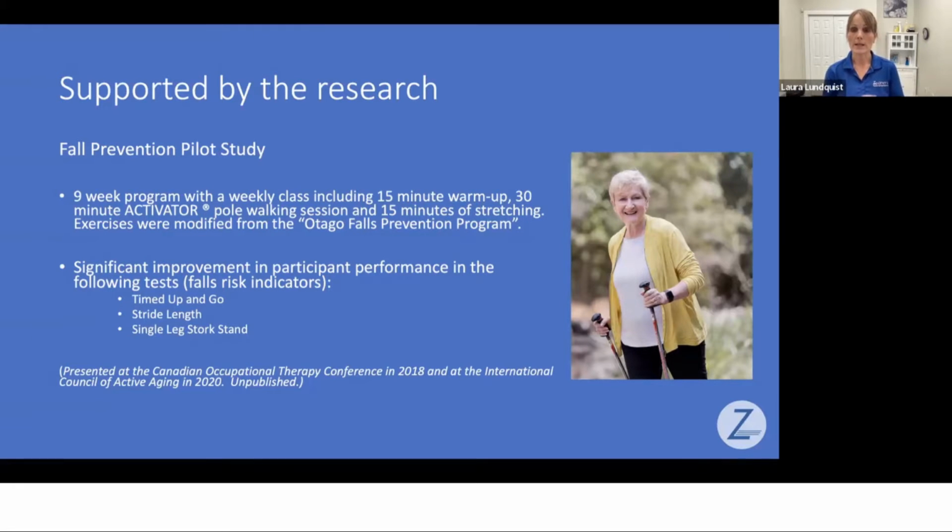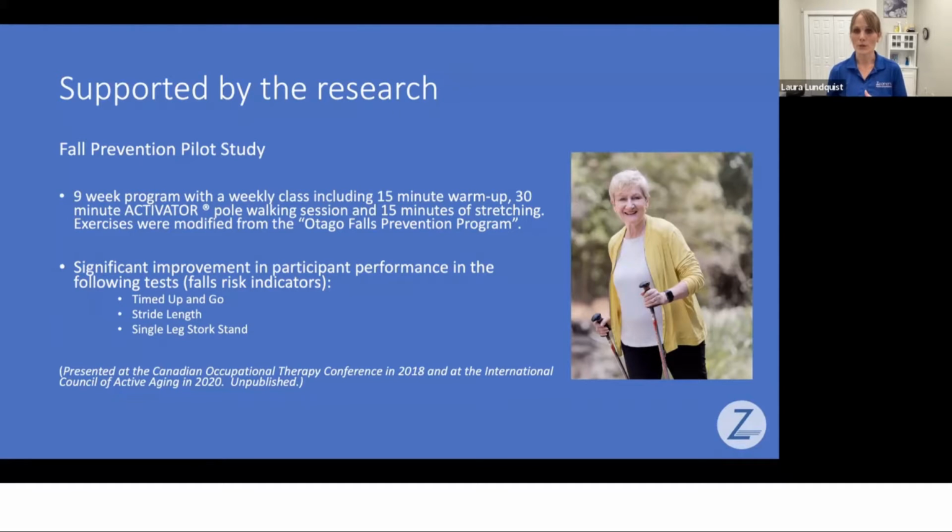And we know that that takes strength and agility and walking speed to be able to do that within a certain time frame. So when we see that someone's ability to do that faster happens, we know that their overall agility, mobility, and balance is better, and that's a good indicator for falls risk. Stride length was also significantly improved, showing again better confidence and strength in walking. And we know, again, that's going to help with walking quality. That is a good indicator of improved falls risk.